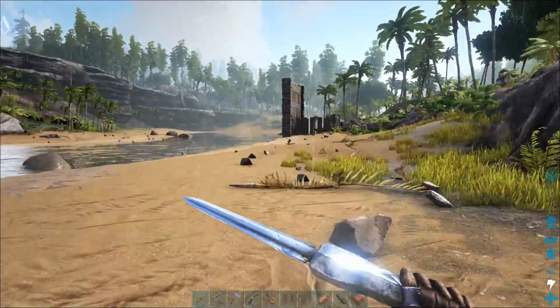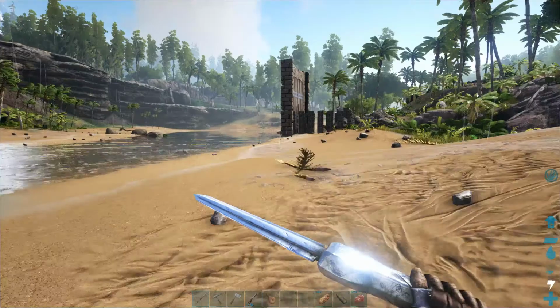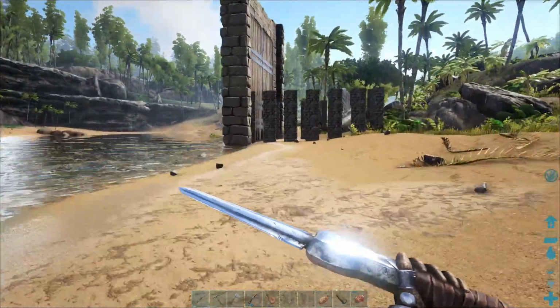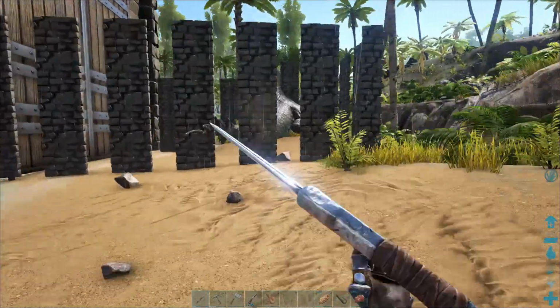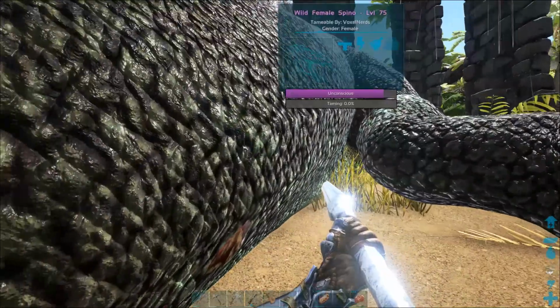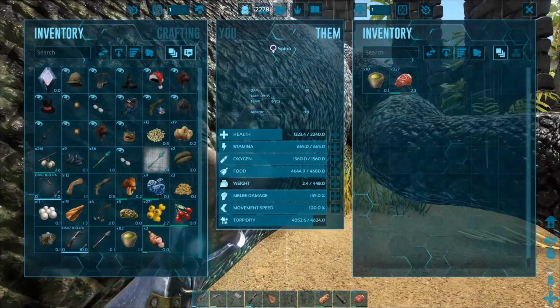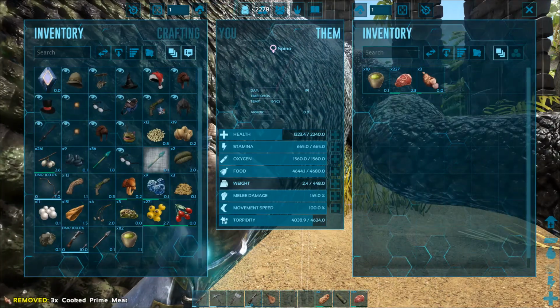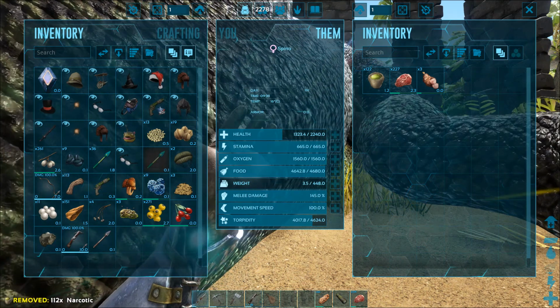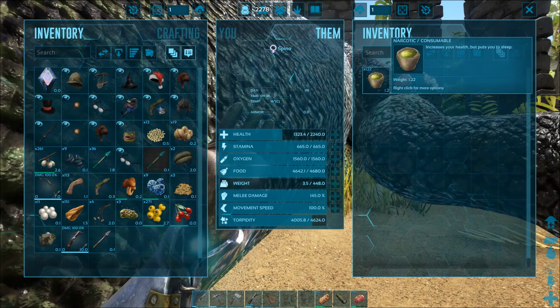So Jock killed a Bronto, kind of by accident, but whatever. We have some cooked prime meat, which I don't think is quite as good as raw prime meat, but I think he might like it. Look at how quickly his... Oh, how come he's got so much meat on him? Okay, I thought I was just putting in...